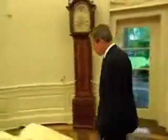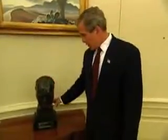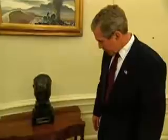I've got three busts here in the Oval Office. The first that I'd like to show you is of Winston Churchill. This was on loan from the British government. My friend, the Prime Minister of Great Britain, heard me say that I greatly admired Winston Churchill, and so he saw to it that the government loaned me this, and I'm most honored to have this Jacob Epstein